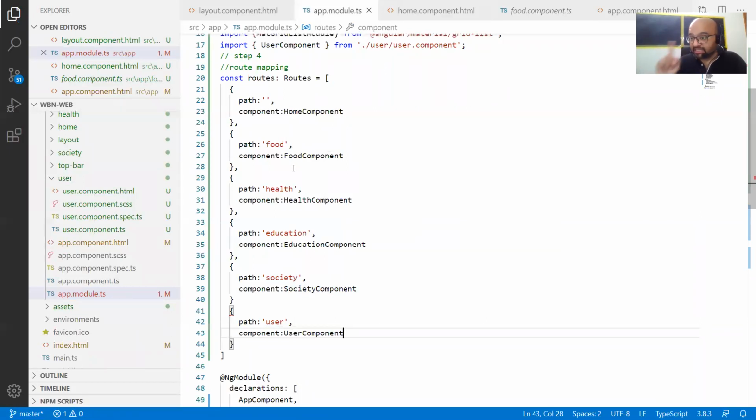Of course, it is not nested routing. If it is nested routing, then in user component we'll have two routes. One is, let's say, add new user. Second would be list of user. But when we put the nested routing in this project, we'll do something like that. Okay. So now